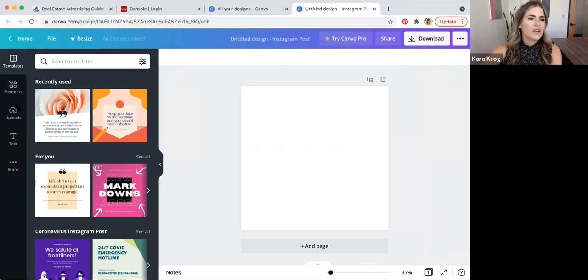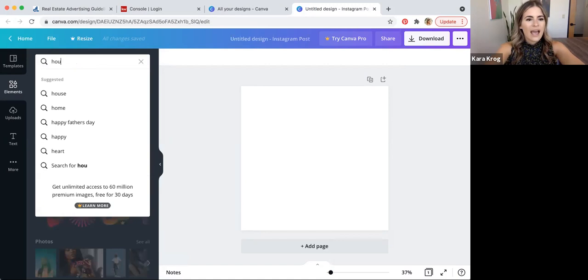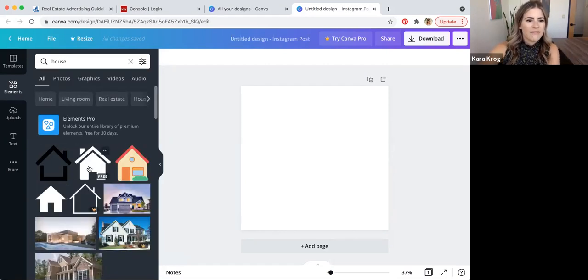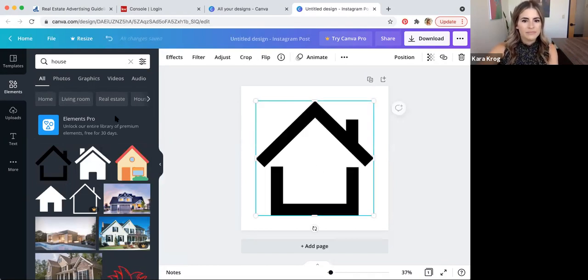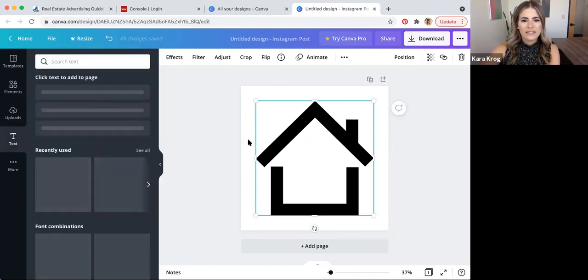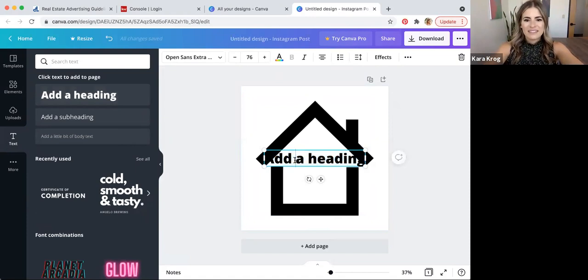If you wanted to do a logo, let's say, I'm just going to look for house maybe. You could have this free picture of a house right here. Bam. And then let's put my name on top of it. You guys, I did not practice this in advance. This is literally how easy it is to just find stuff that works and go with it. Of course, if you're going to be using this as your actual logo, then you're probably going to want to spend a little bit more time on it.